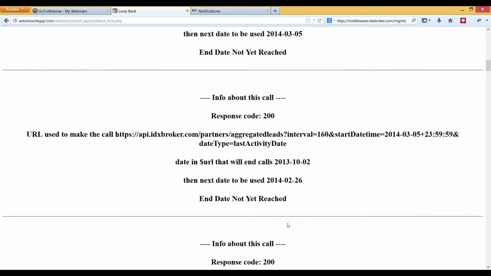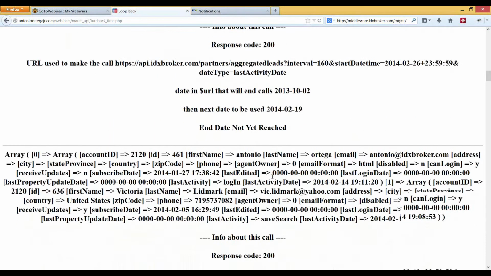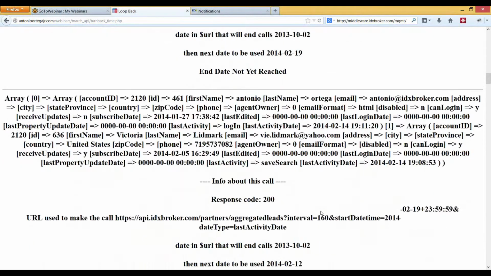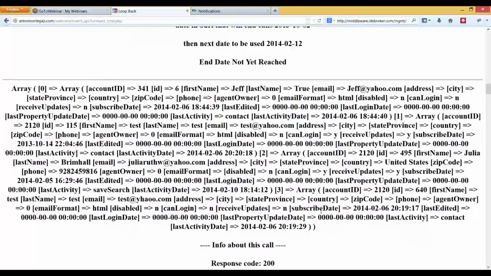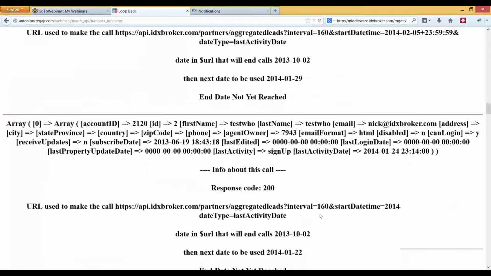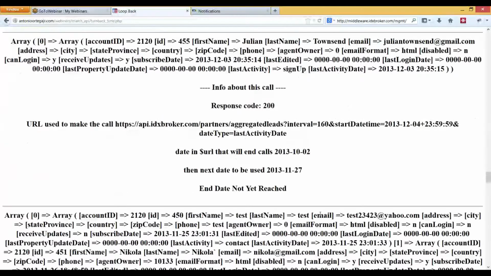The next date to be used keeps going back 1 week. No traffic that week. Here's some traffic this week. Looks like this was me, Antonio Ortega. And looks like I did something that week. It'll just keep looping through, grabbing data in chunks of 1 week. There's another one. And if we scroll all the way to the end, some more data,